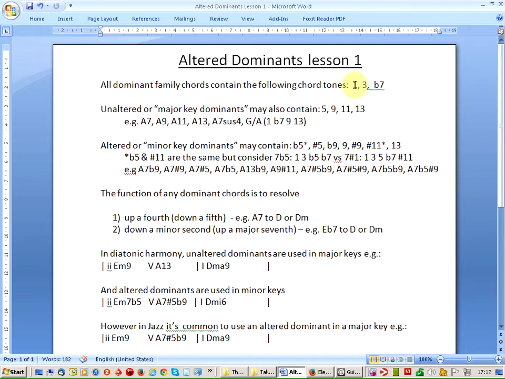So unaltered or major key dominants can contain a fifth, a ninth, an 11th, or a 13th, any of those. So the following chords could be considered as unaltered dominants. We've got A7, we've got A9,